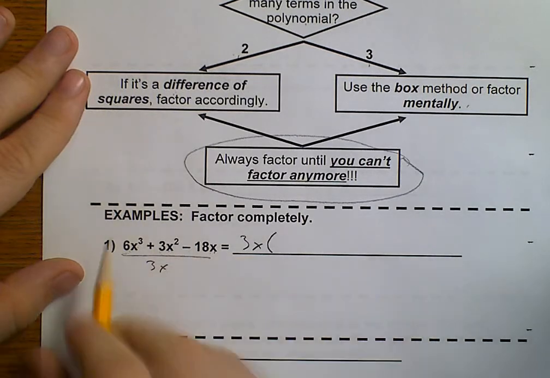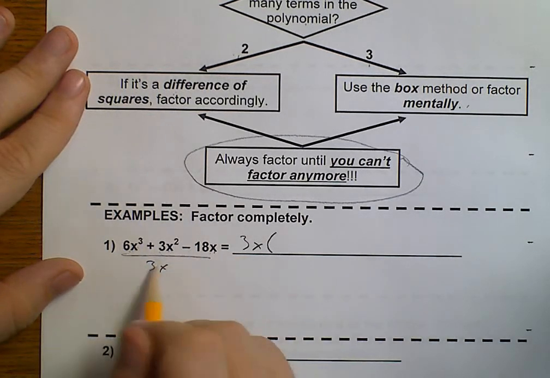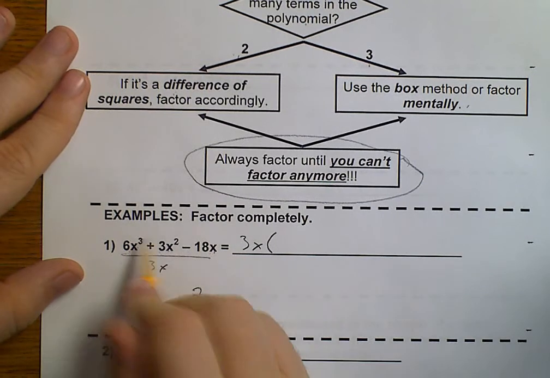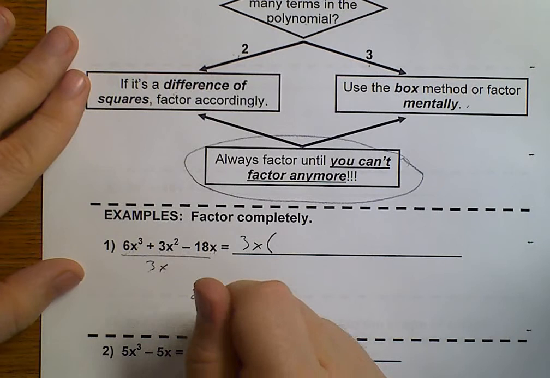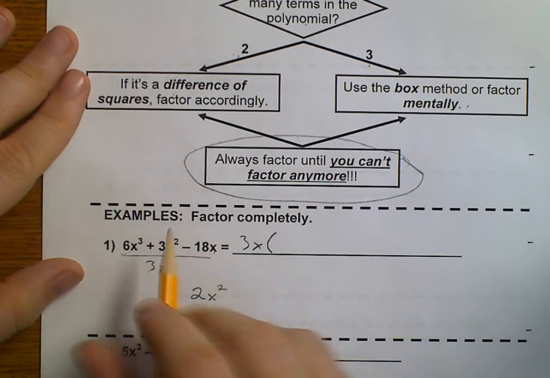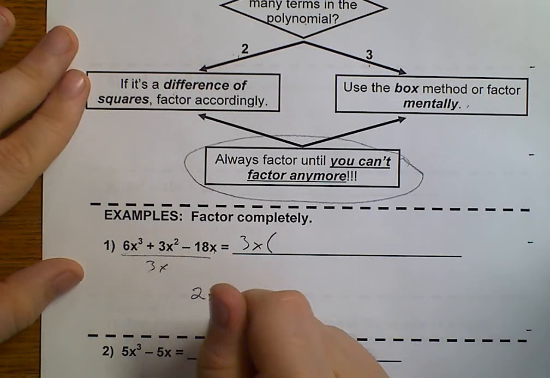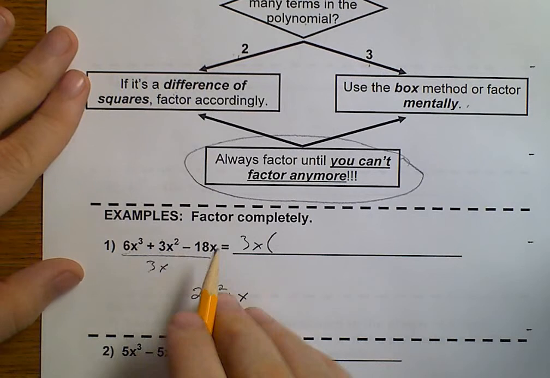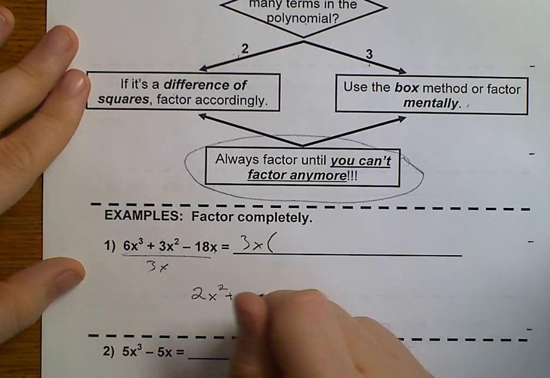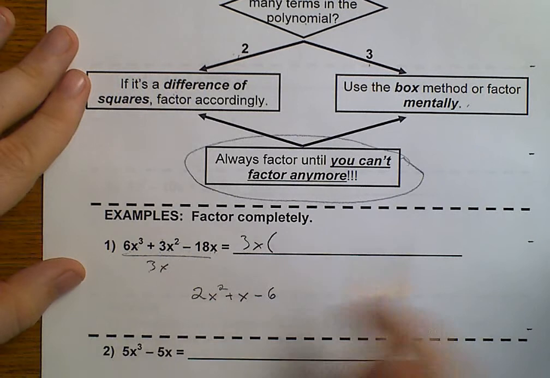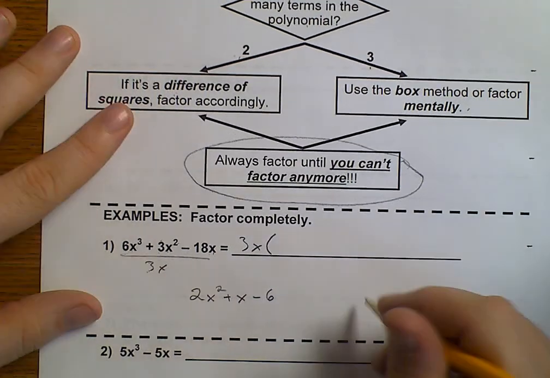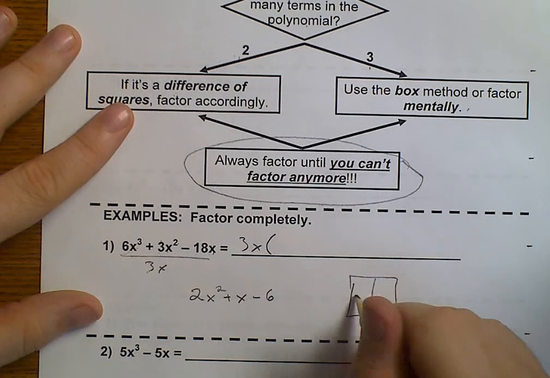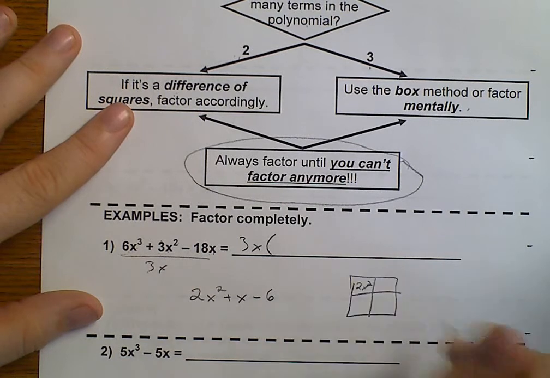Well, 6x cubed divided by 3x. Well, 6 divided by 3 is 2, and x cubed divided by x would be x squared. 3x squared divided by 3x leaves us with just x because 3 divided by 3 cancels. And 18 divided by 3 would be 6, and x divided by x, they cancel. So we have 2x squared, plus x, minus 6,